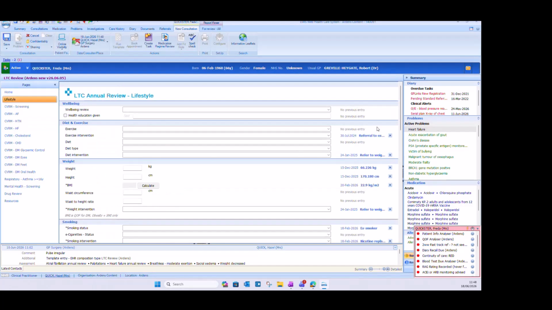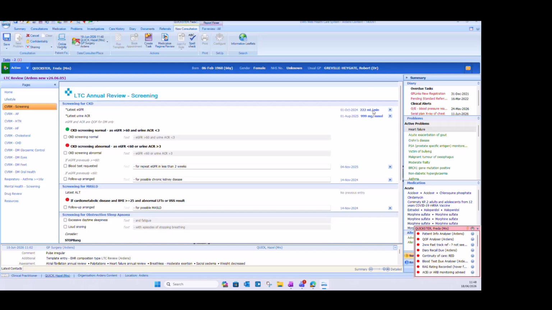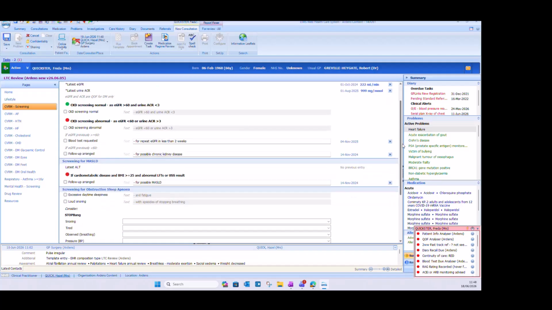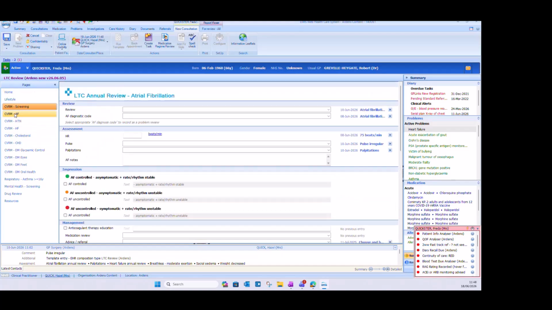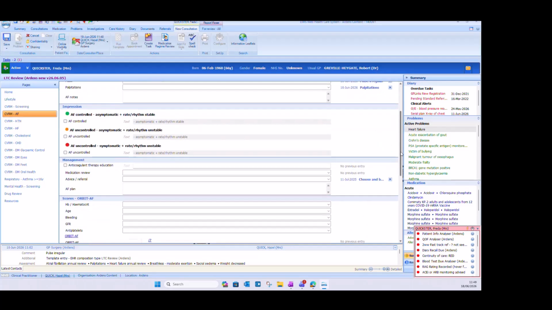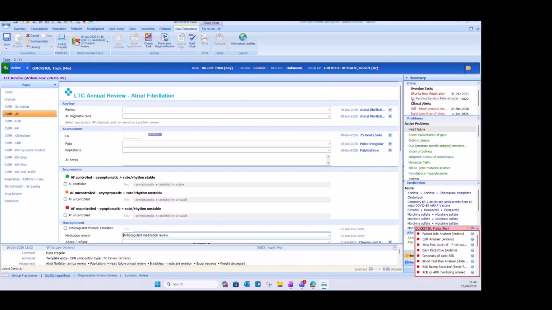I'm reviewing the data that my HCAs have captured over on the right hand side. I'm looking at that screening information. I'm looking at the results here, and I'm identifying, do I need to do anything around these results? I would then go on to each of the condition pages, and again I would be reviewing the results that the HCA has captured. I might do some more, I might do a medication review here. I might also add some more details in here from their notes. I might decide, actually, I've done everything now. I can say I've done the AF annual